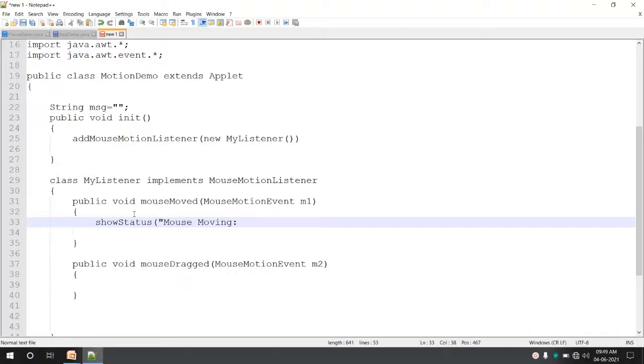Then we will print the location after that. X equals. How do we get the x coordinate value of the mouse location? We can use the mouse motion event object, that is M1. We can say M1.getX(). Same way, I'll just concatenate again.